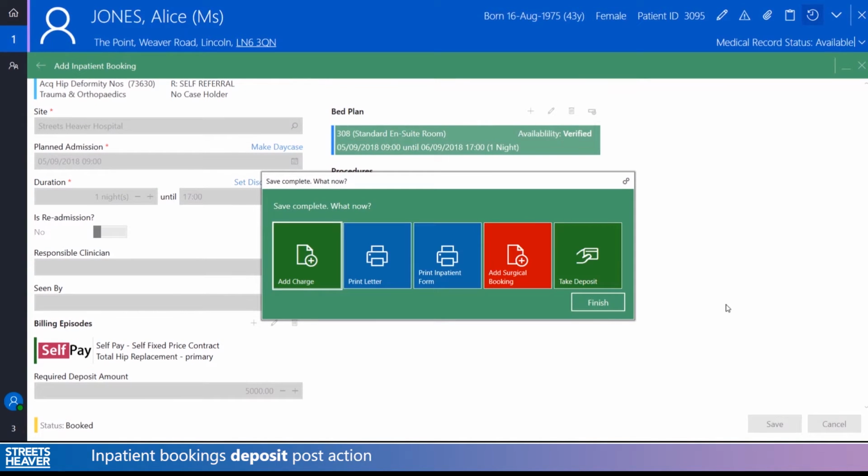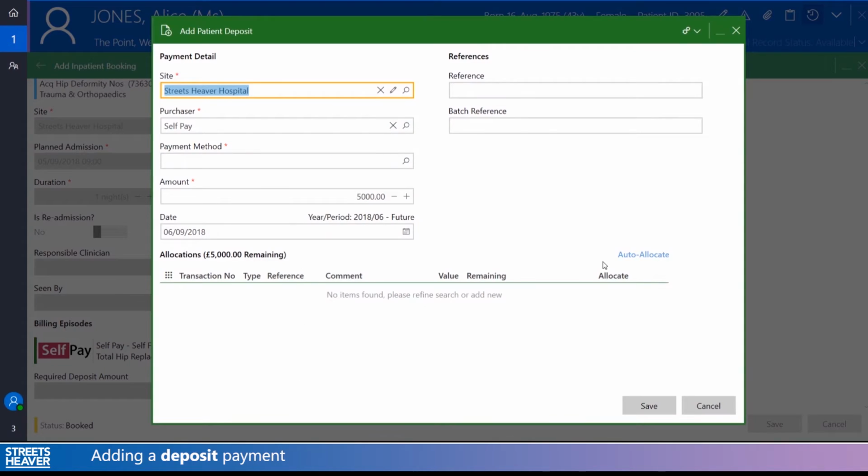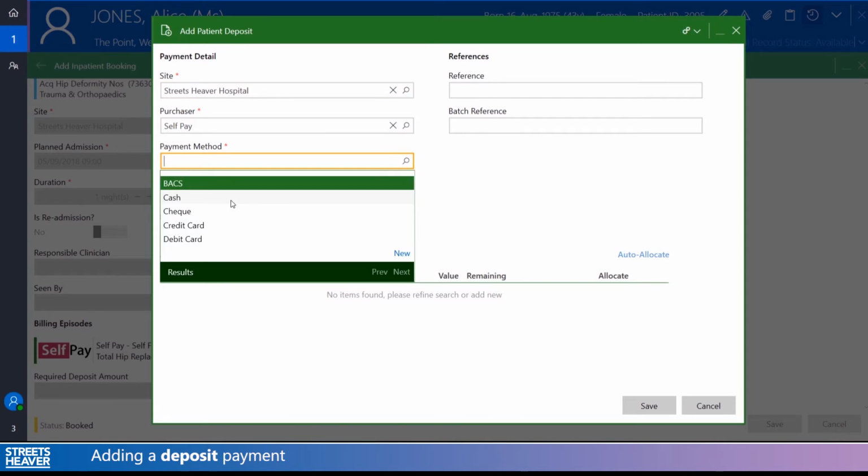Okay, so once I've saved my booking, you can see within my post actions, I now have a post action for take deposit. So if I click on take deposit, it's going to take me straight through to my add patient deposit screen, which will look very familiar to anybody who's taken a payment before in Compucare. So it's automatically filled me in a lot of the information. It's filled in my site, my purchaser. I'm just going to need to fill in my payment method and a couple of other bits for references if I need to. So I'm going to keep it very simple right now, and I'm just going to pick the